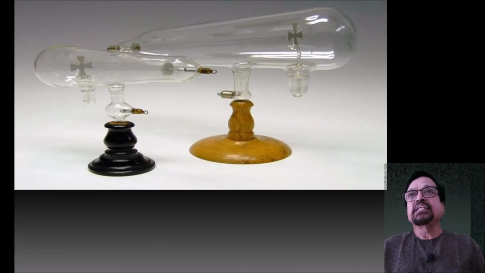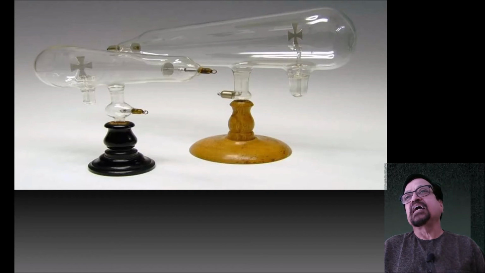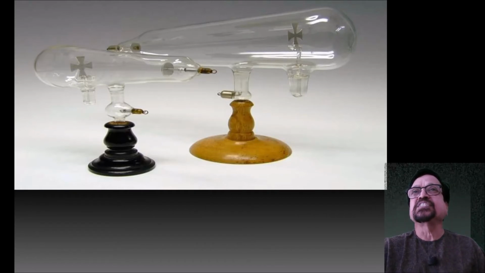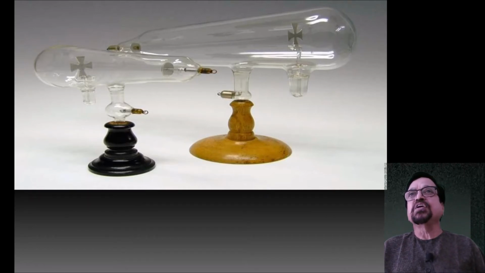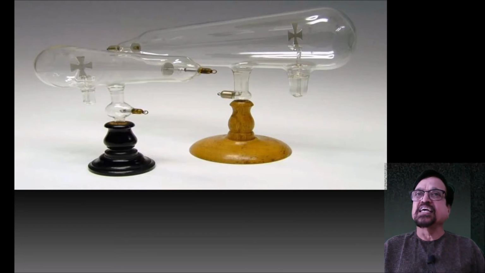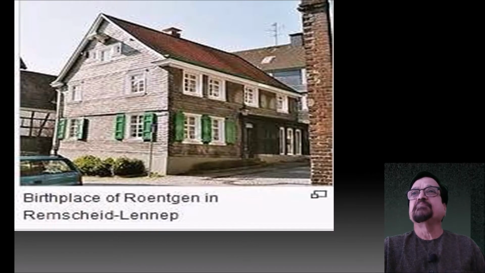Now the rays could not be reflected or refracted. They were unaffected by magnetic and electrical fields. That's why he termed them X-rays. X is unknown, and sometimes we call them Röntgen rays. So these were the initial stages through which it has gone. Now we are still at the inventive stage. When the properties of fluorescence and penetration were realized, a shadow was cast on the screen. So that was the next step: because of these rays he cast a shadow on the fluorescent screen.